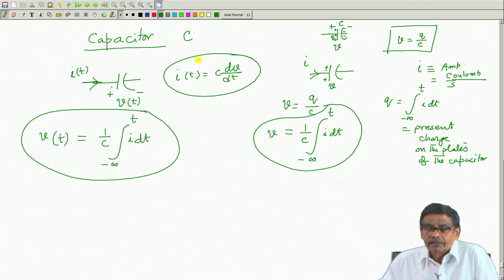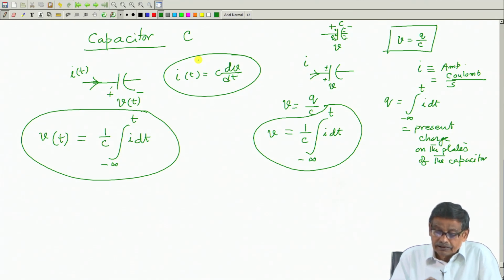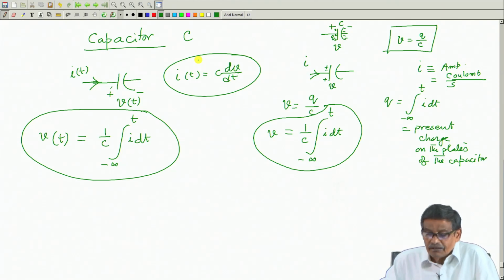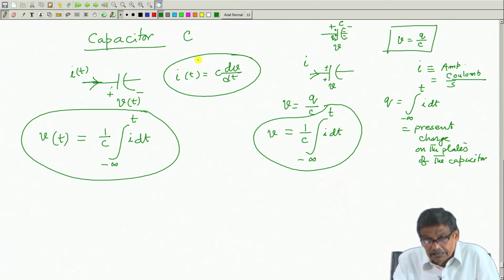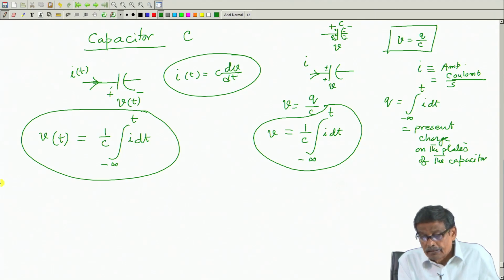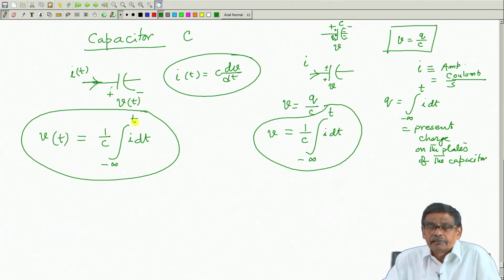Certainly not, because the present value of the voltage does not depend only on the present value of the current. It also depends upon the previous history of currents that you have fed in from minus infinity, including the present value of the current, because this integration requires the I values to be known from minus infinity up to the current time t,